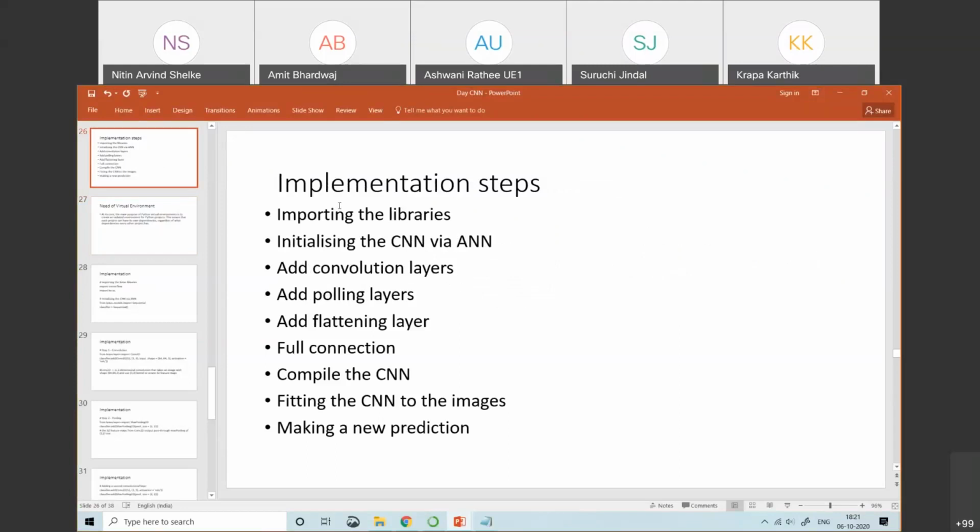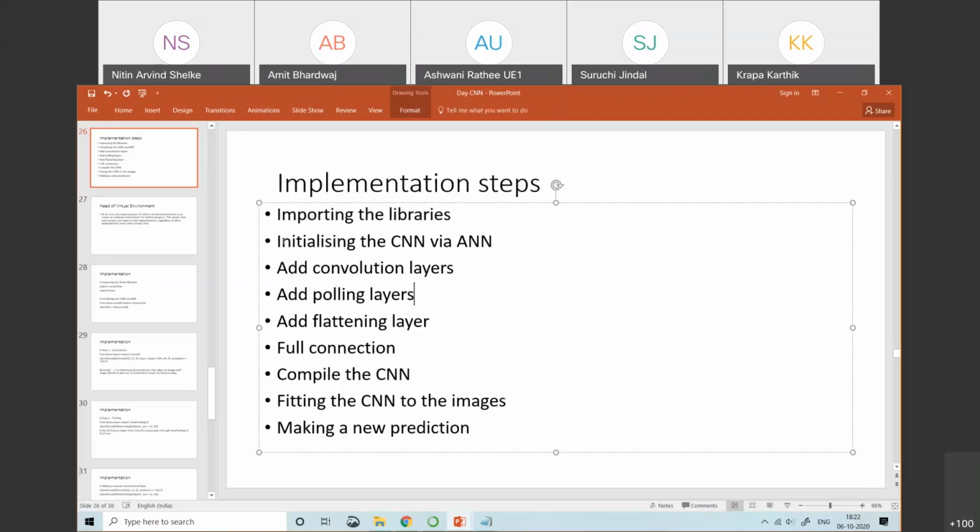So implementation steps. Now we are discussing the implementation steps. As a part of implementation, we will use the Keras library, which works in the back end of the TensorFlow library. Until now we have discussed sklearn, NumPy, NLTK, Matplotlib, Seaborn. Right now for deep learning, we'll implement the code with the help of the Keras library, and along with that, we need to import the TensorFlow library also. So importing the library is the first step of the implementation.